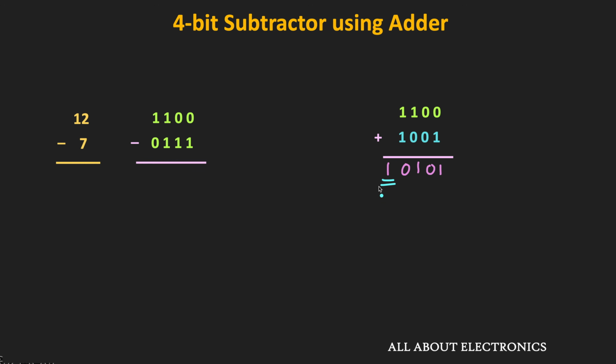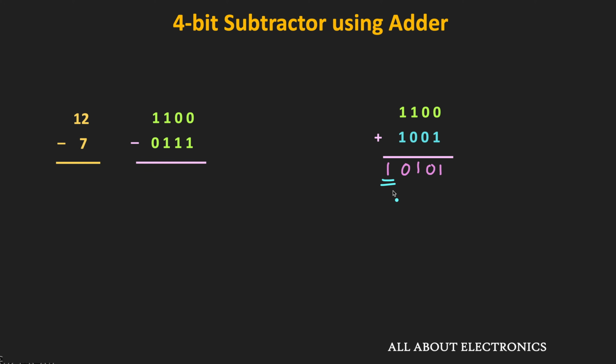So in our division, when the subtraction is possible, then the result of the subtraction will be positive. And in that case, the quotient bit is equal to 1. So here we can directly use this carry bit as our quotient bit. On the other hand, if one number is less than the other number, then the result of the subtraction